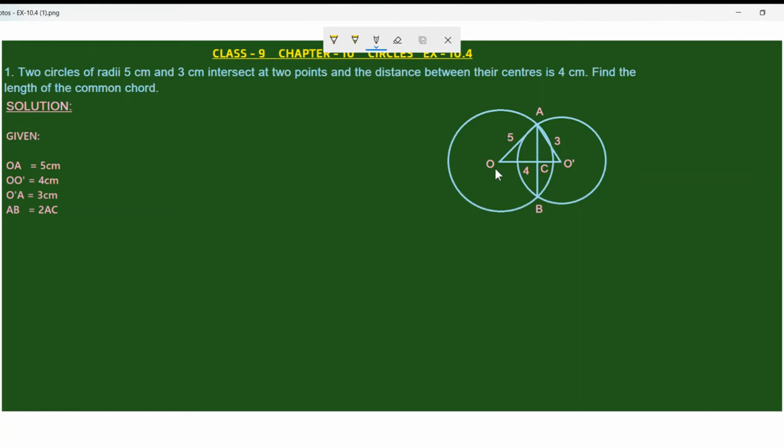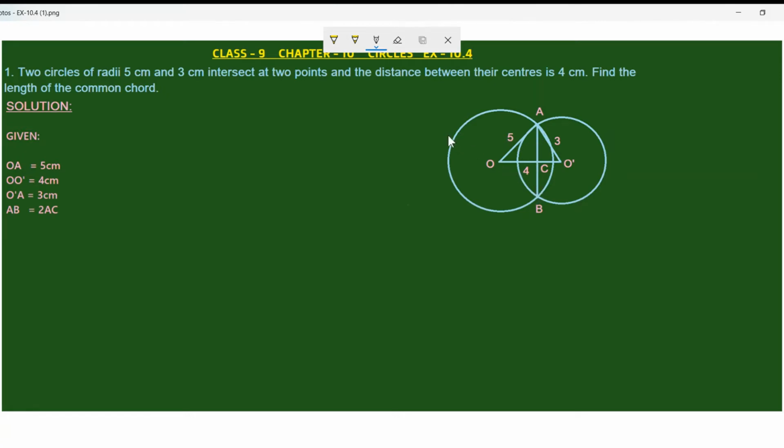These are the two circles. The circle radius is 5 cm and this is the 3 centimeter radius circle. These two circles intersect at 2 points, here A and B. We have given names for the intersecting points A and B. Now we need to join these 2 points. If we join these 2 points, we will get a chord. You can see this chord AB is common for the circle of 5 centimeter radius and the circle of 3 centimeter radius. We need to find this chord length.